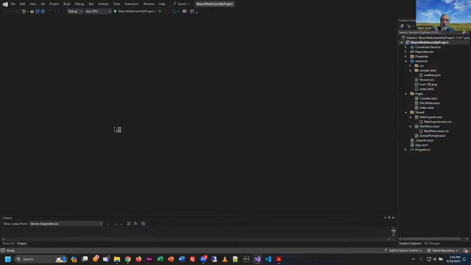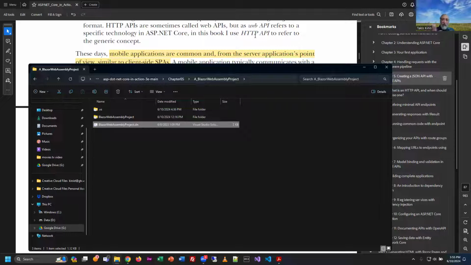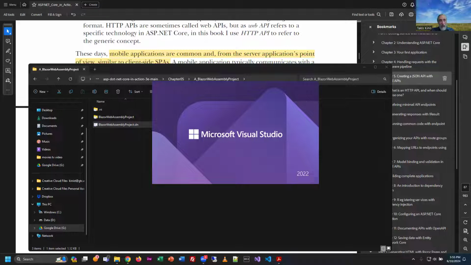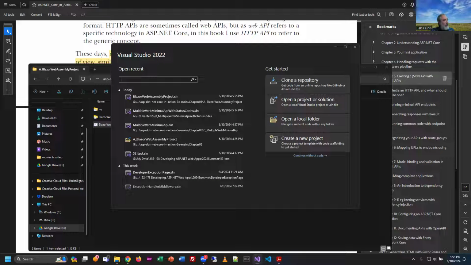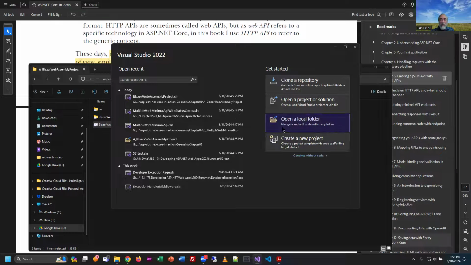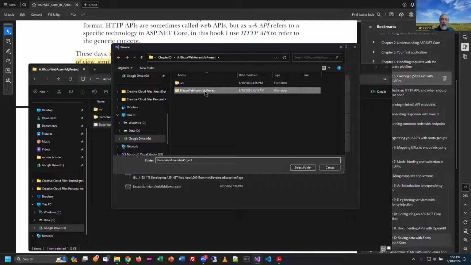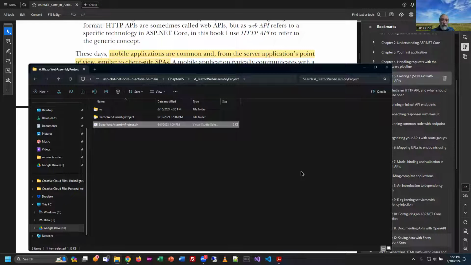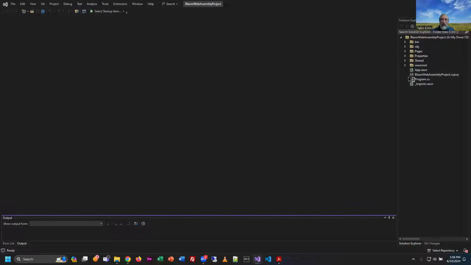Now, I just want to give you one word of caution. I'm going to close this right away. You don't have to close yours. I'm just doing it for the sake of example. If you happen to do it the other way around, and I fell into this before, and it happens to me every once in a while, I launch Visual Studio and say, all right, I'm going to open this thing and check it out. And I made the mistake, instead of opening a project or solution, of opening that same folder as a folder. I don't know if you guys caught that, right? Open a local folder is different than opening a project. I ended up selecting this folder, and then I get here, and